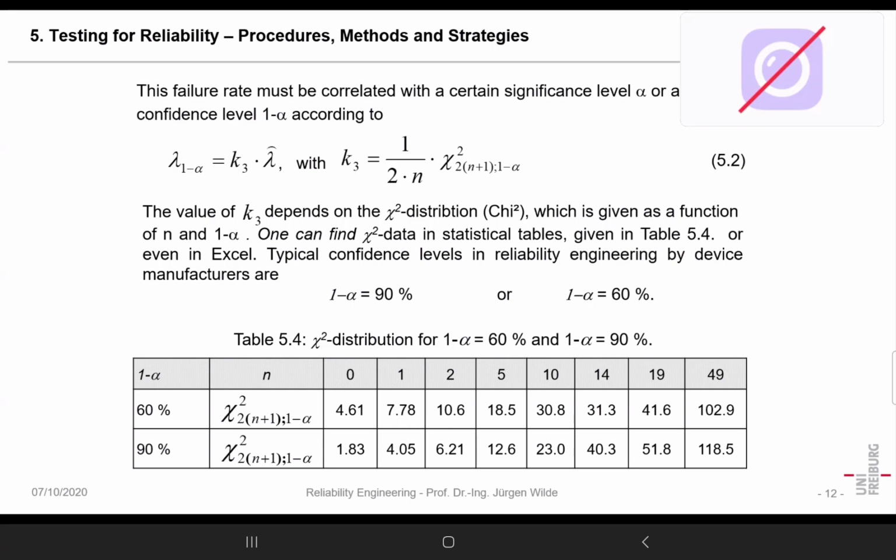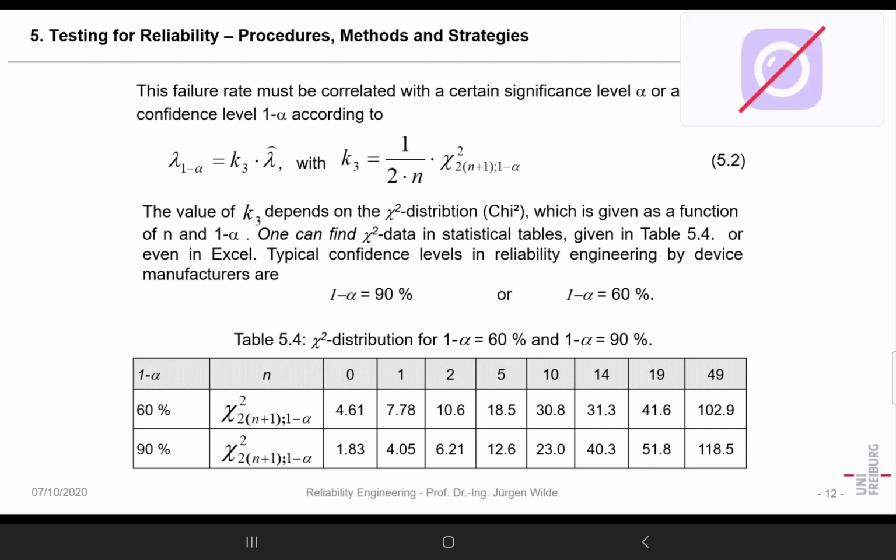And so a method was developed by some mathematicians in order to correlate that with another probability, a probability defining the statistical significance or the confidence level we have. The alpha is the significance level. It is a probability, and that's a probability that the value you give is wrong.